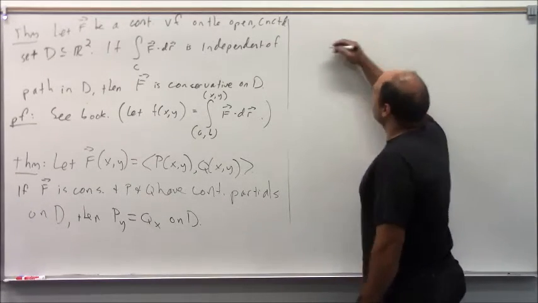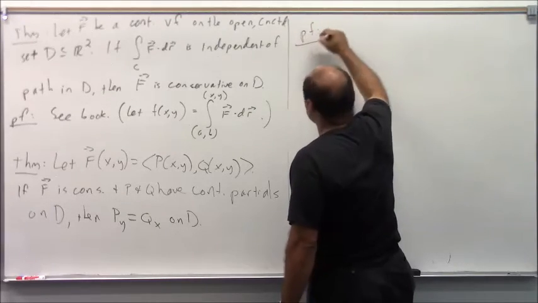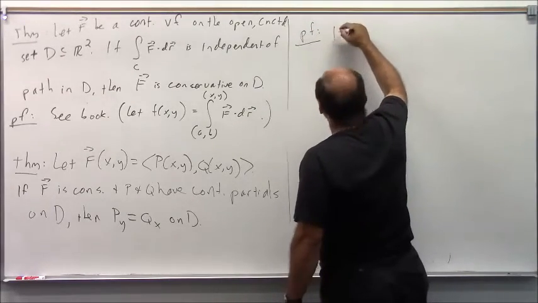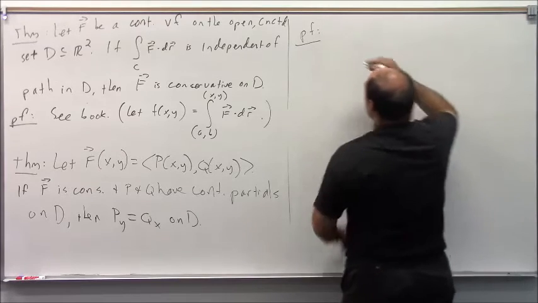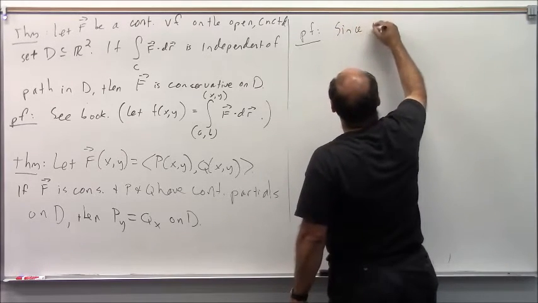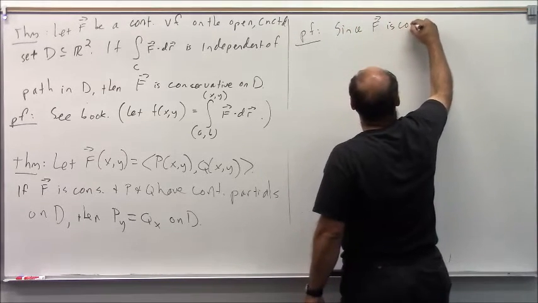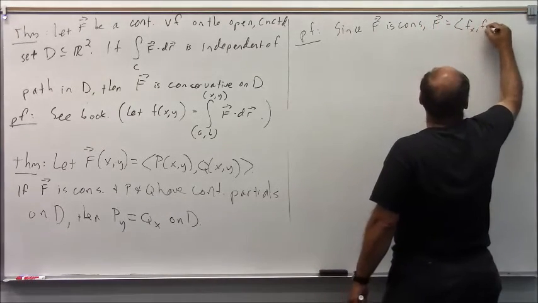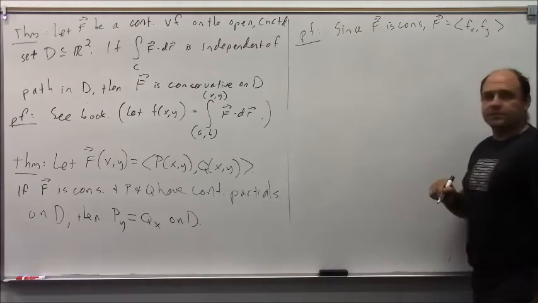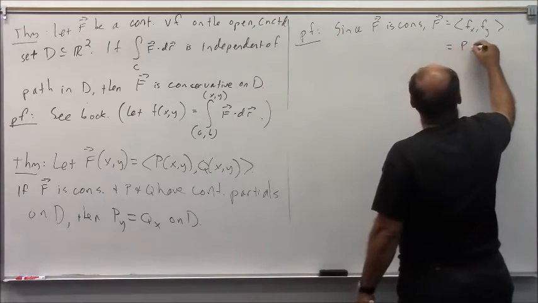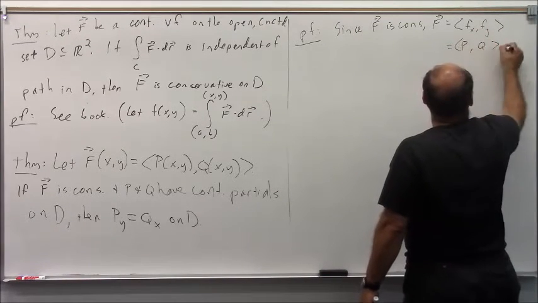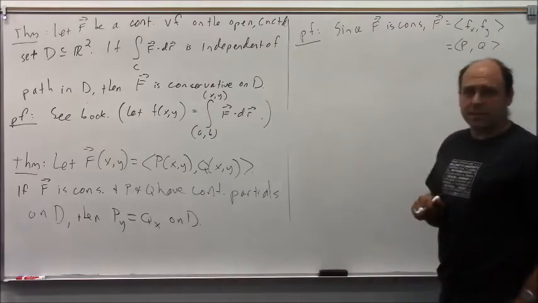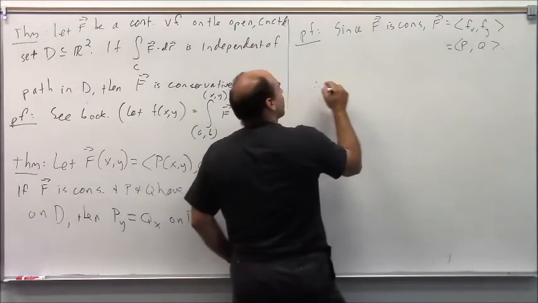Now, this one we can prove, actually. Since F is conservative in our assumptions here, F looks like the gradient of some function little f. But that's also equal to ⟨P, Q⟩, by the way we set this up. And therefore,